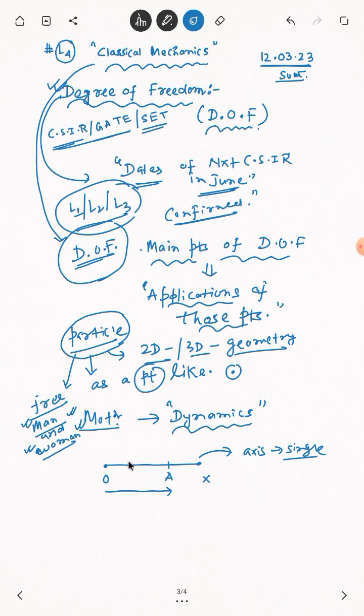Now what happens? If that man or woman likes to walk on this road, then he or she can just go either right or to left. So a movement from right to left or from left to right is allowed. But the movement is always along a particular straight line. So from dimensional point of view, it is enjoying one-dimensional motion. ওয়ান ডাইমেনশনাল মোশন মেনে চলছে, আমরা এটা ধরে নেব।